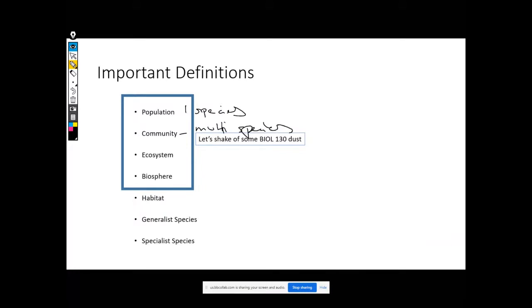Okay, so if I wanted to alter that to an ecosystem, how would I alter that definition? Include the things that were never alive, like the abiotic factors. Good. So I'm going to start by still having multiple species. Okay, but I also now want to include the abiotic environment, right? Or things that were never alive.